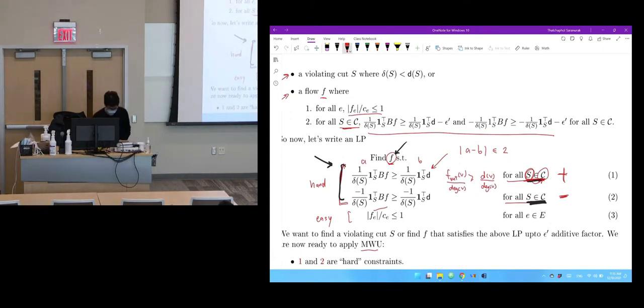Okay. All right. So what is this thing? Do you agree that when S is just a node, this is just F out, right? Yeah. Okay. And note that the excess at V here is just D minus F out. So you can write this thing as